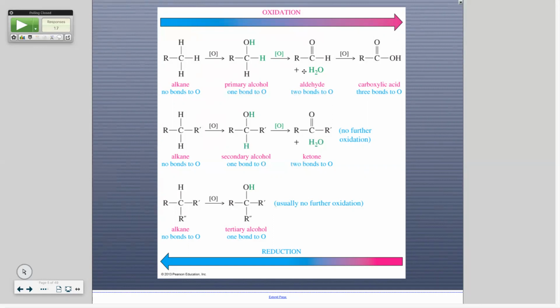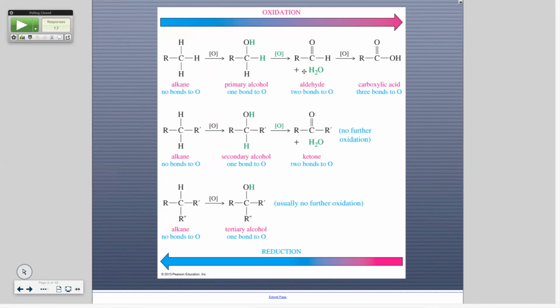This is just a secondary one. You cannot take a ketone and go to a carboxylic acid, because you have two R groups there. You have to have that hydrogen up here in order to go to a carboxylic acid. That's really important. Okay, and if you have a tertiary carbon here, all you can do is make it into an alcohol. You cannot even make that into a ketone, right?